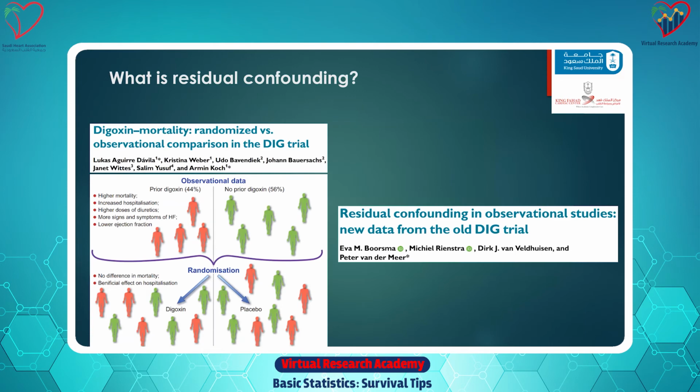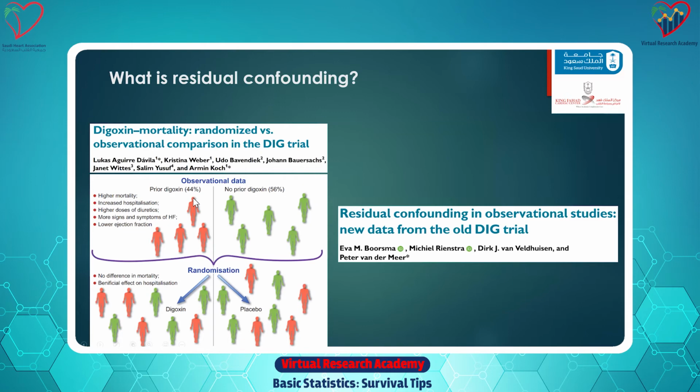This is just an example of how important residual confounding is. This is a neat analysis out of the DIG trial. So DIG randomized patients to digoxin versus placebo, and didn't show an association with mortality. What they did here is they said, okay, we're going to look at patients before randomization. Some of them were prescribed digoxin by their clinicians, but they were allowed to enter the study where they stop digoxin and then are randomized to either digoxin or placebo. They showed that if you're prescribed digoxin, your risk of death is higher, which we know from before.